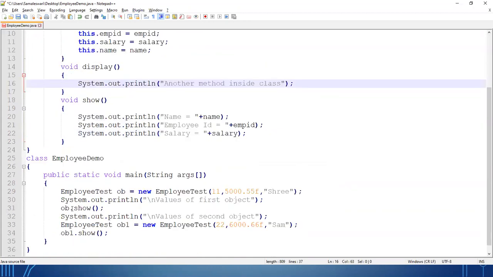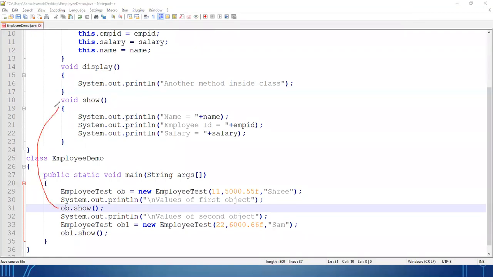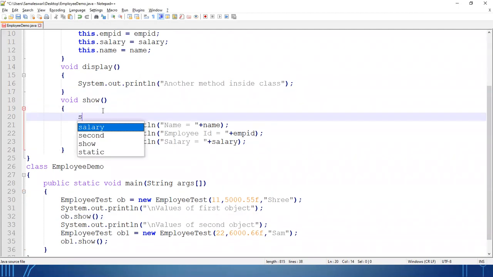So here what I am doing, check, I am calling the ob.show method. So my control will come to this one. Now I want to call the display method inside the show method. So what I will do, I can directly write display. Let's check the output first.